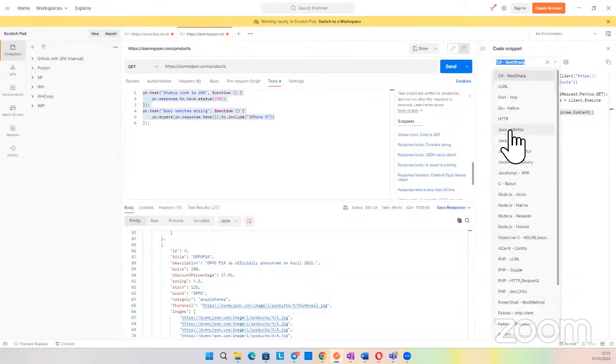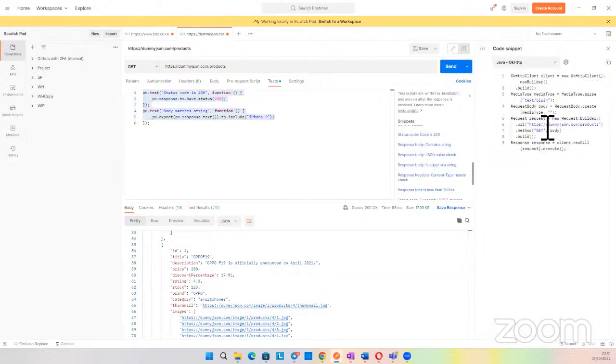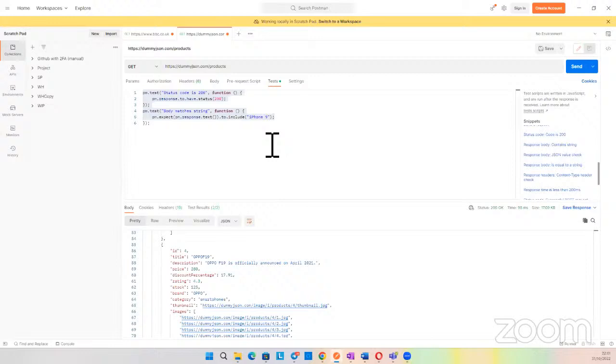For Java, just click on that and go to Java. This is the Java snippet. You just copy that and put it in your code, and that will do the job. What you just need to do now is execute that area. So maybe response content dot contains what you want, like iPhone 9, or response status is equal to 200, and validate that. Let me quickly mention that if you want to look into automation. But today is basically on